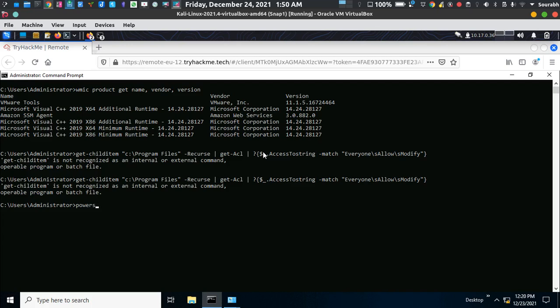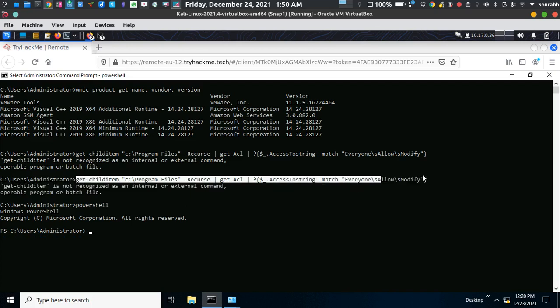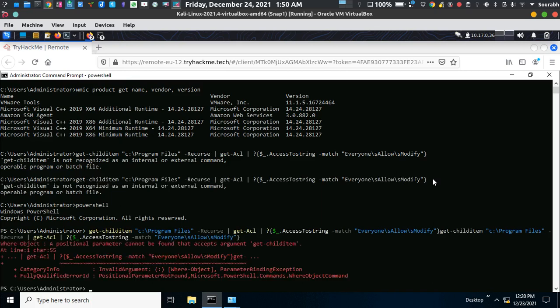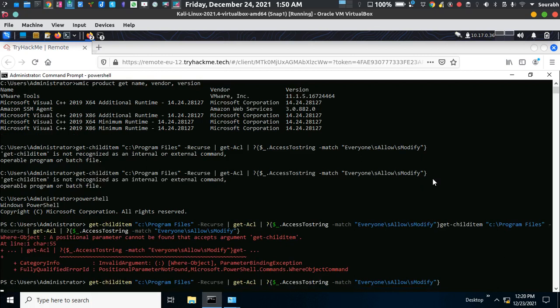Okay, because there are no such files or directories in this Windows computer, it's not going to give you any information. If it finds any misconfigured permission file, it's going to give you the information about that particular file.